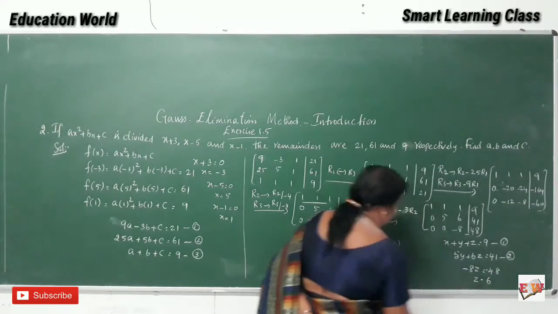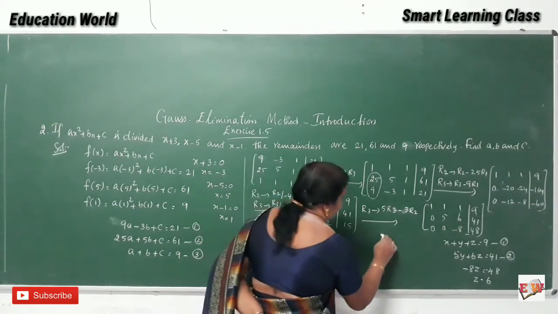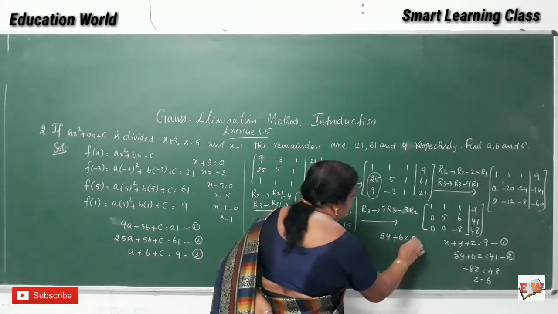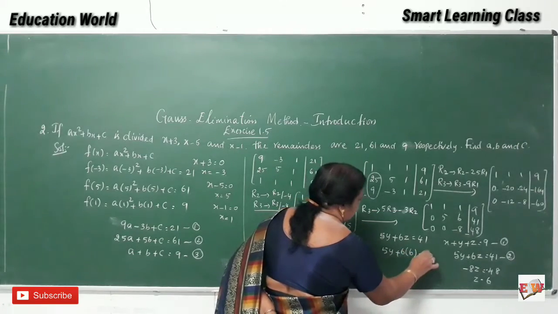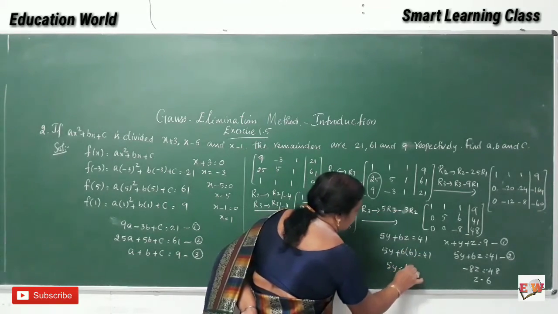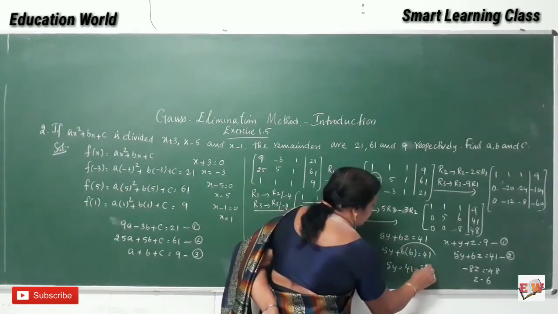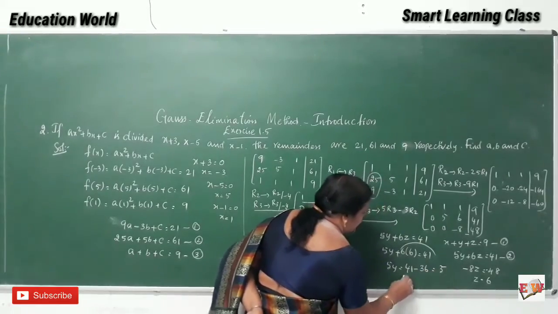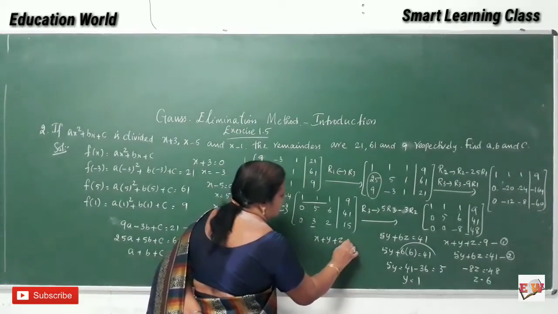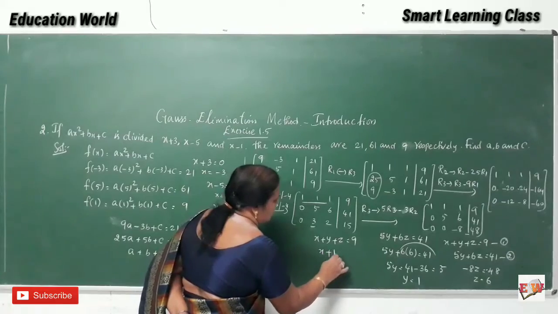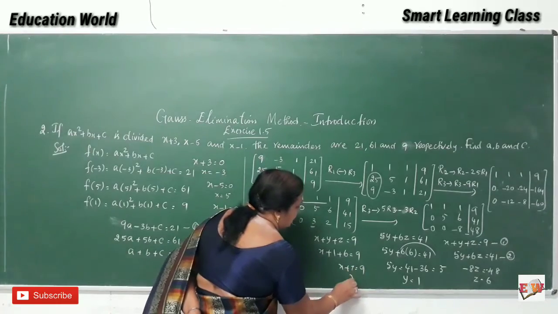z equal to 6. You just apply this z value in the second equation. 5y plus 6z is equal to 41. 5y plus 6 into 6 is equal to 41. 5y is equal to 41 minus 36; this plus 36 comes to the right hand side and changes into minus. So 5y is 5, y is equal to 1. You have to apply in x plus y plus z equal to 9. We don't know the value of x. With y equal to 1 and z equal to 6, x plus 7 is equal to 9. x is equal to 2.